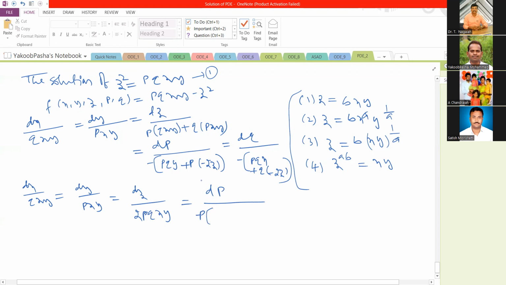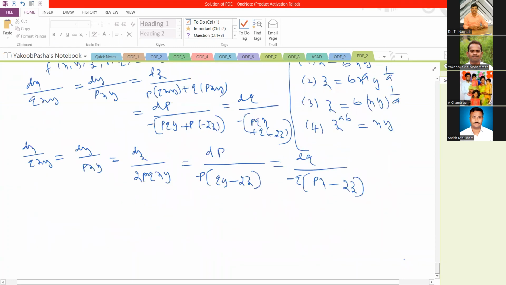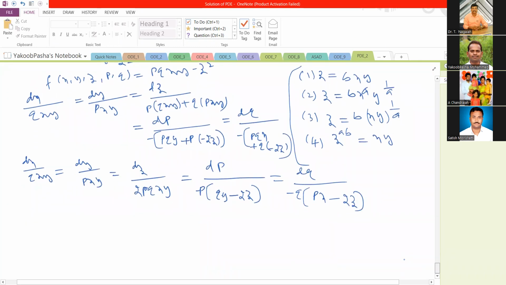So remaining qy minus 2z. Okay, minus is there. Now dq by, we can take a q common, so minus q, px minus 2z. Okay, now to solve this, we can take a